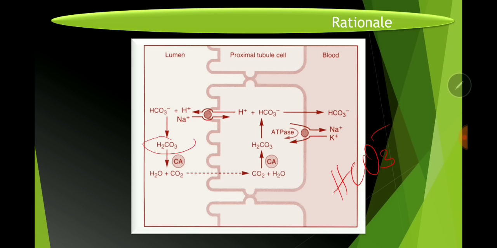This acid is a very weak acid, but also you have carbonic anhydrase. CA is carbonic anhydrase enzyme, and it's found in